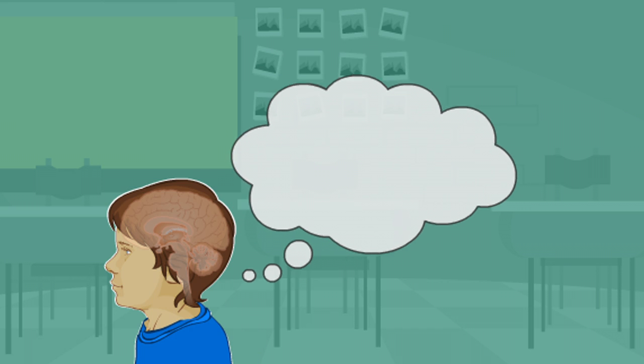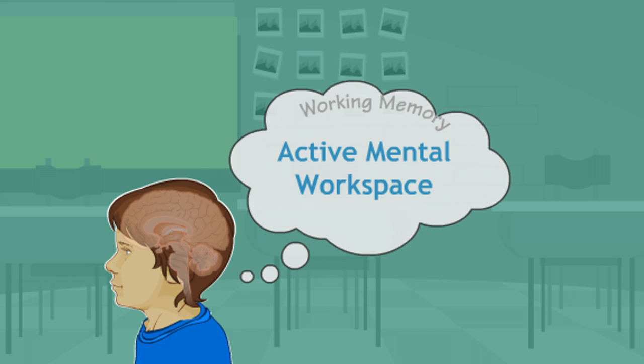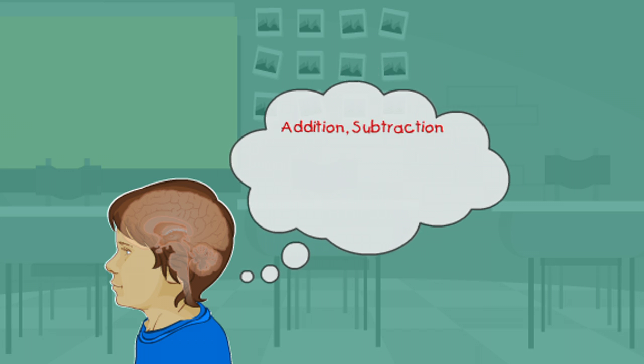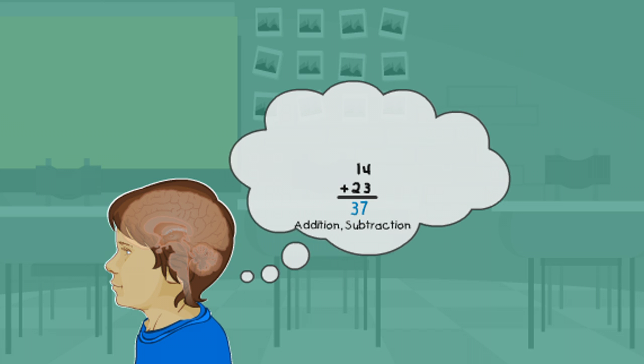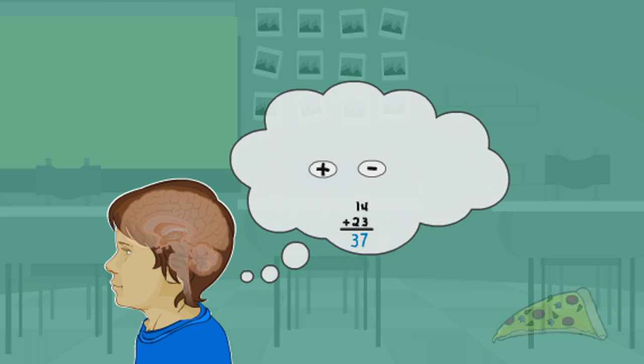Working memory is often referred to as an active mental workspace. It's a cognitive system that allows us to hold and manipulate information online for a few seconds during problem solving or other cognitive activities. And it's this internal representation in working memory that we use to guide our decision making, so that behaviour and actions are not dominated by immediate sensory cues in the environment.